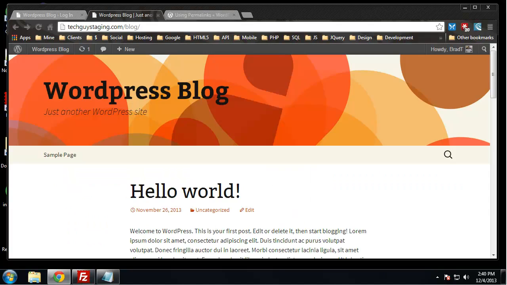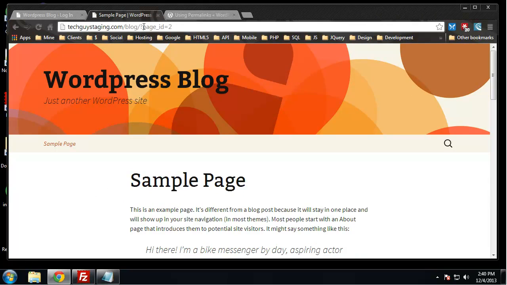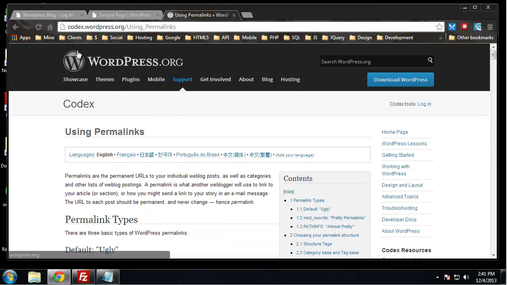And if we go to our default blog and click on our sample page, now you can see up here we just have page ID equals 2. So that's not very friendly to search engines or humans. So we want to change this, and this